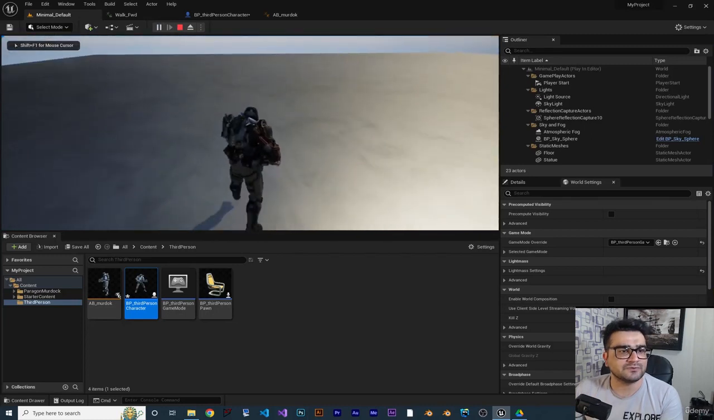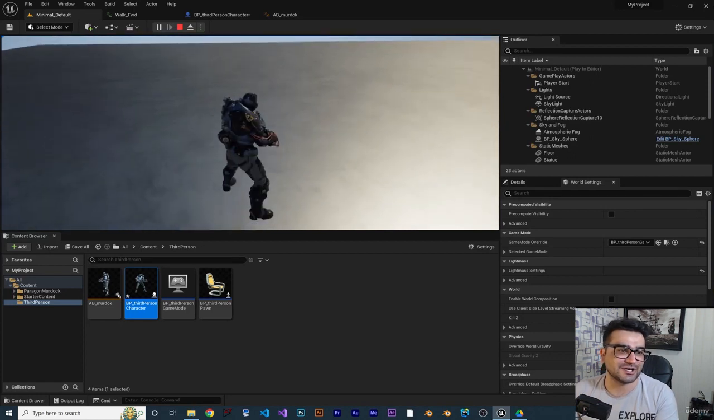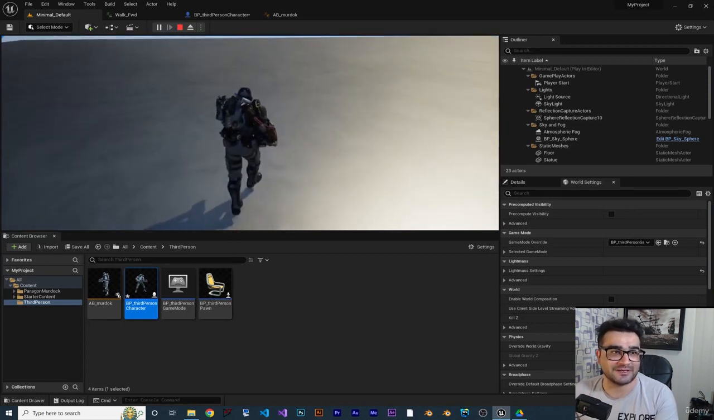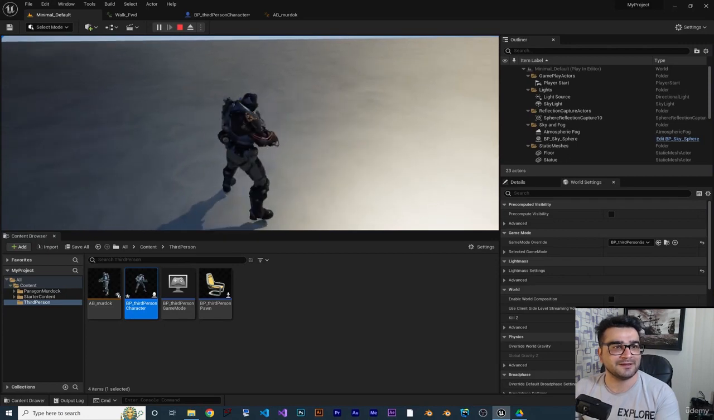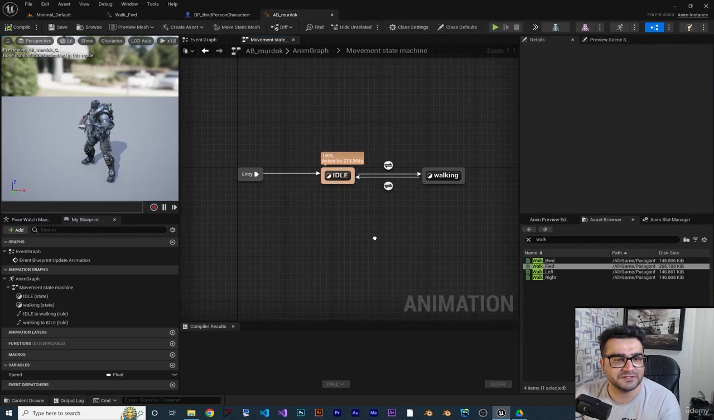So now our walking is perfect, right? So let's just do the jump. Right now the jump is not okay. We don't have animation for the jump, right? So for the jump, let's just go to the animation blueprint in here, and always what we do, we go